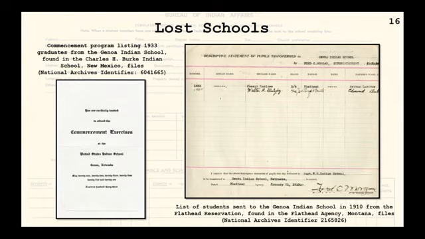And so case files from law schools can show up that way. Agency reports on who they sent, agency student censuses, or annual and statistical reports into DC are all additional sources about the activities of the schools. In this slide, we see some records from one such school, the Genoa boarding school that was in Nebraska, closed in 1934. This graduation commencement program can be found in New Mexico's Charles Burke School records, and this list of students found in Montana's Flathead Agency records.